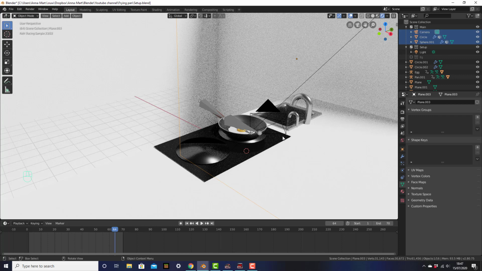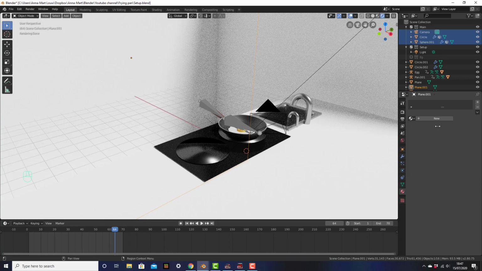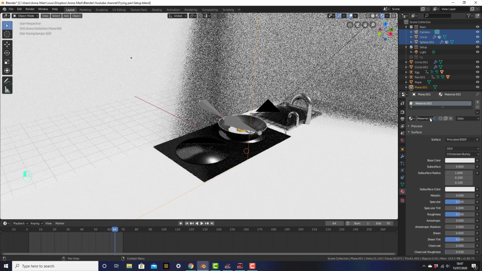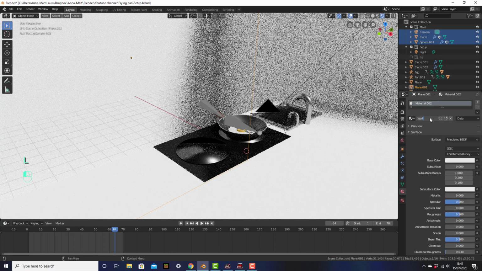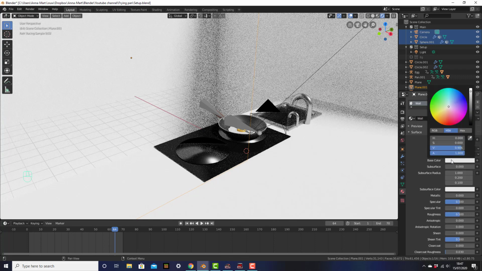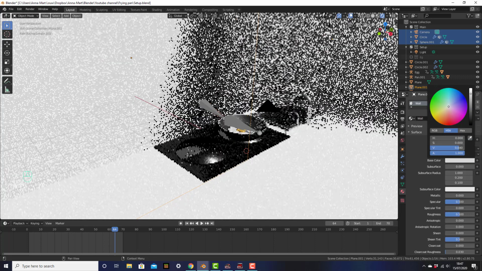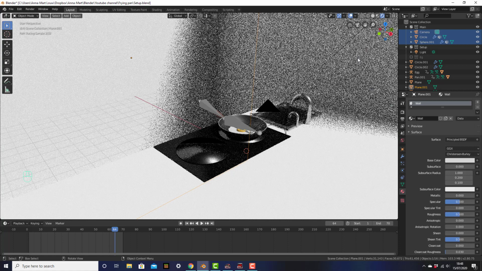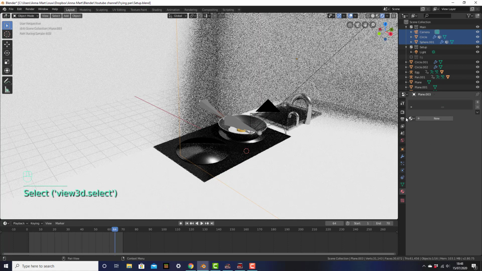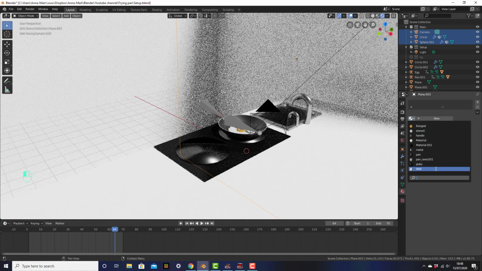everything. So the walls I'm just going to make plain white, but they don't have a material yet, so they're brighter than they should be. So select the wall, go to the materials tab, press new, and then name it wall. And then we can make it a little bit more gray here at the base color. Then we can select the other wall, and then go to this drop down at the side and select the